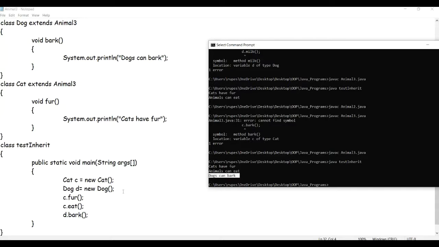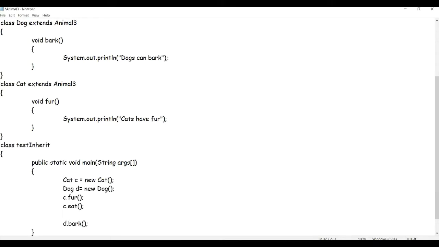To make it easier, let us write a print statement here, System.out.println, to separate this. Let me give a dashed line so that I understand which is of what. And I will also use d.eat here.